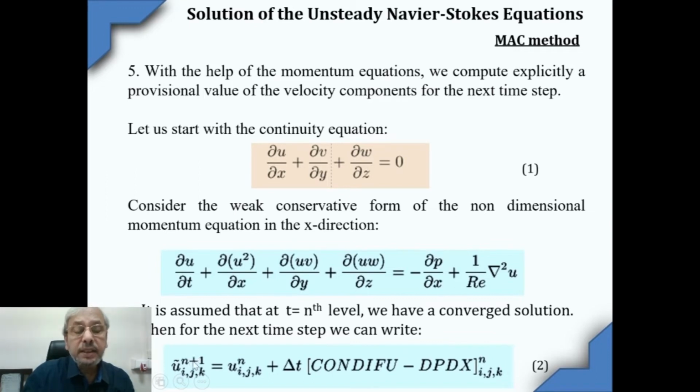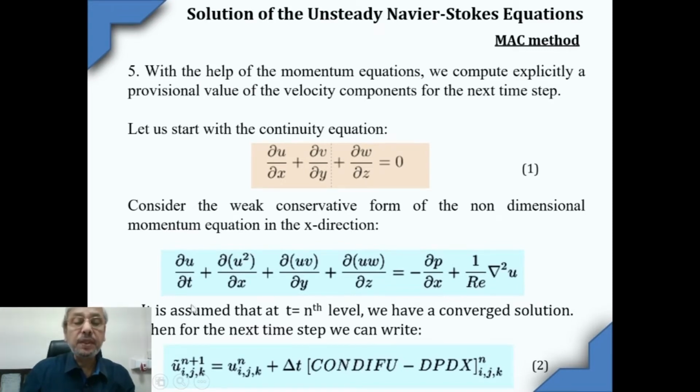Therefore, to identify its provisional state, we have used this tilde value. So this is equal to u_ijk at nth level plus delta t into condiff, which is the convection diffusion part of u velocity, minus dp dx. Just the way it is written there, you can see